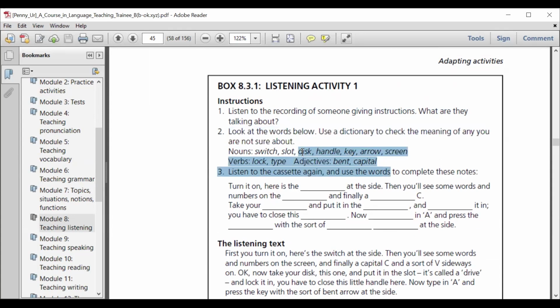So একদম বিগিনারদের জন্য আপনি এই ধরনের টাস্ক সেট করতে পারেন, অ্যাক্টিভিটি সেট করতে পারেন। যে নাউন্স গুলো ভার্ব গুলো দেওয়া, এবং চাইলে তারা এর মিনিংটা একটু দেখে নিতে পারে, বাইলিঙ্গুয়াল মিনিং হতে পারে, অন্য মিনিং হতে পারে, দেখে নিতে পারে। And listen to the cassette again and use the words to complete these notes. So these words will be there to complete these gaps. So as I said earlier, this is a very primary activity for a learner who is trying to develop his listening. So আপনার ক্লু দেওয়া আছে, সবগুলো দেওয়া আছে, তারা শুনবে, শুনে এই সমস্ত ওয়ার্ডগুলির কোনো একটা বসাবে।